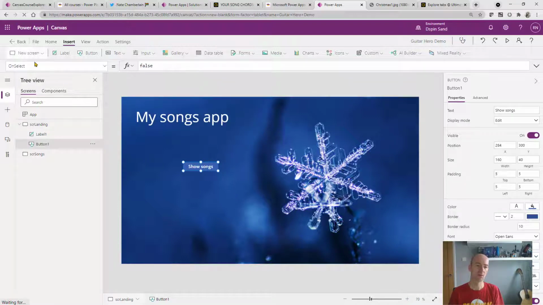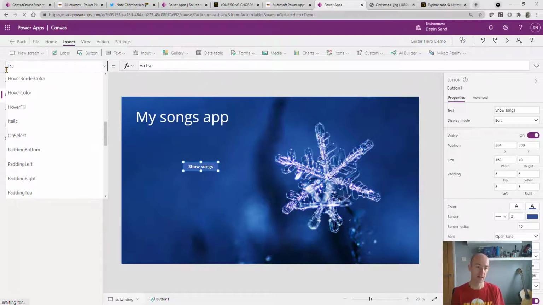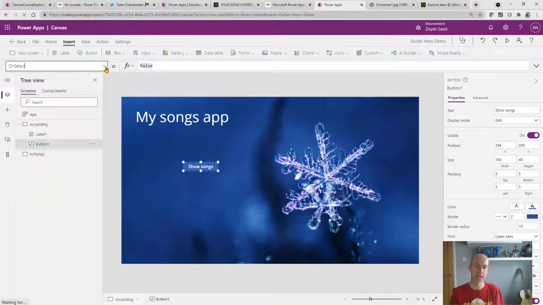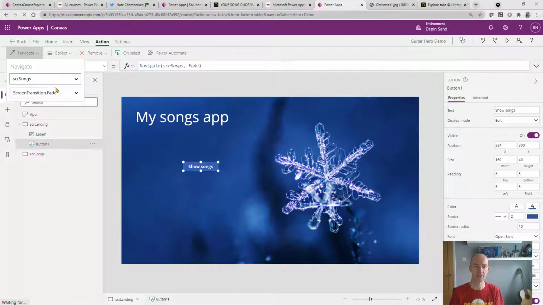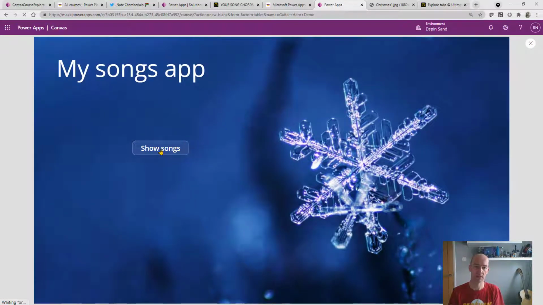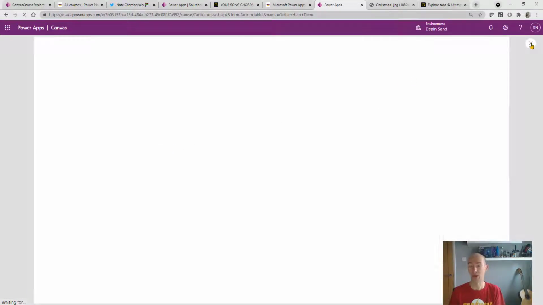And then on the show songs, what we're going to do is on the launch part of that. No, it's on the on select. Go onto there, and it's not launch, it's going to be navigate. You can go to the action button, go to navigate, and it'll direct you to SCR songs, and you can tell it whether or not you can fade it. All it's really doing is putting a bit of a formula into that particular object,